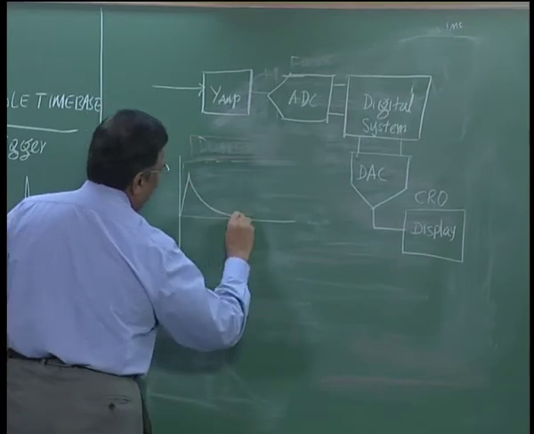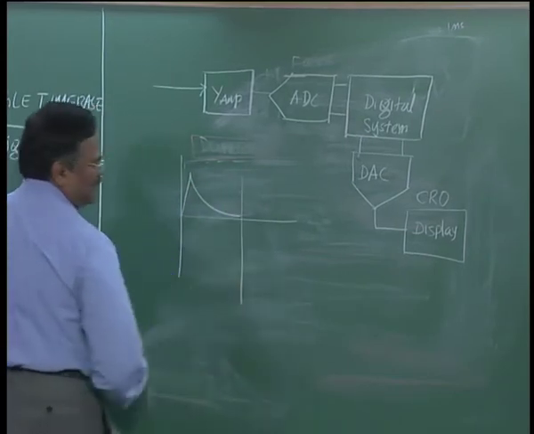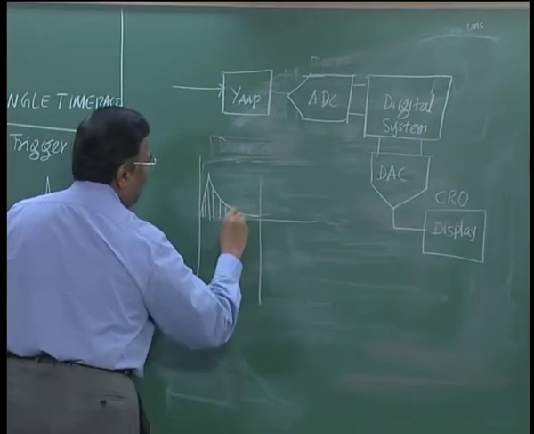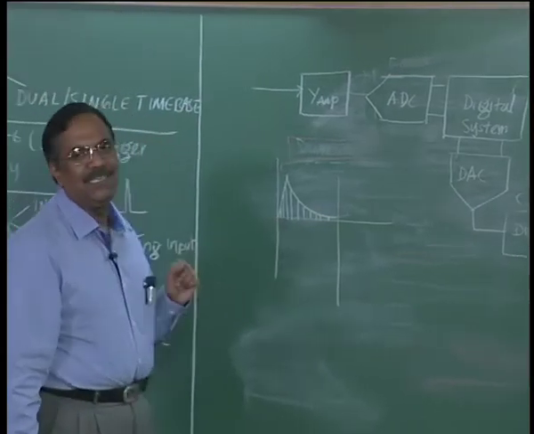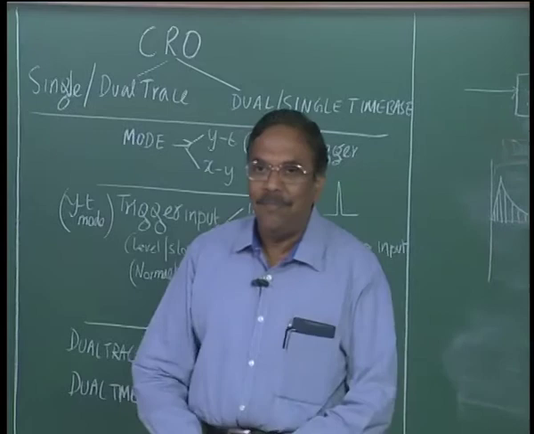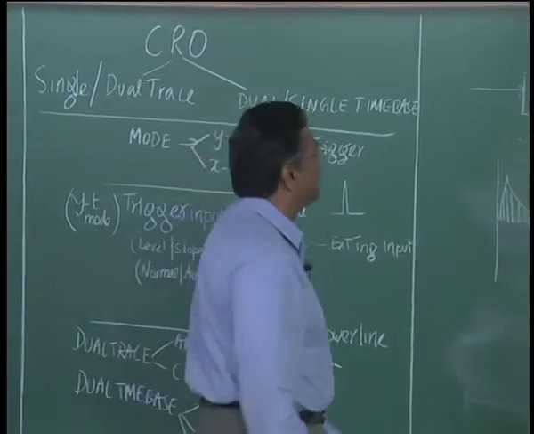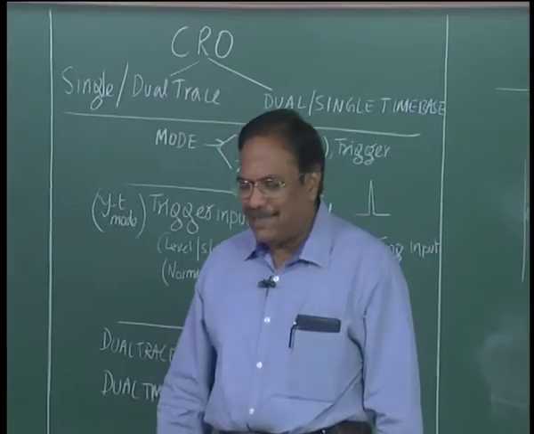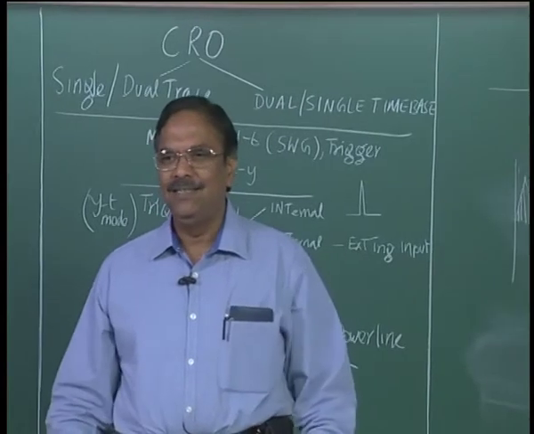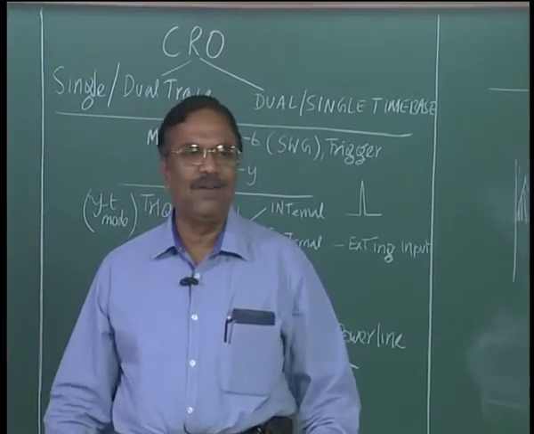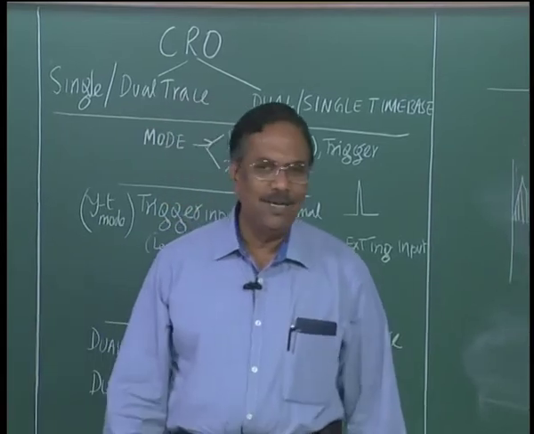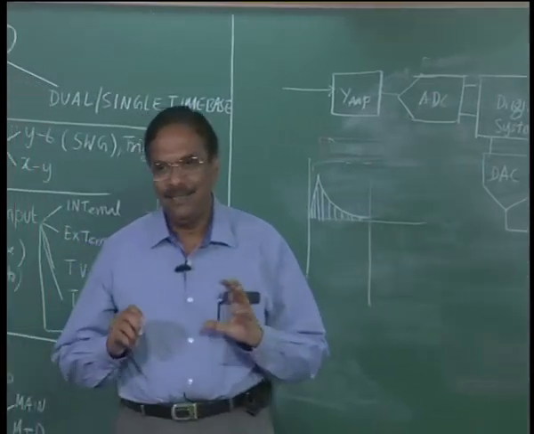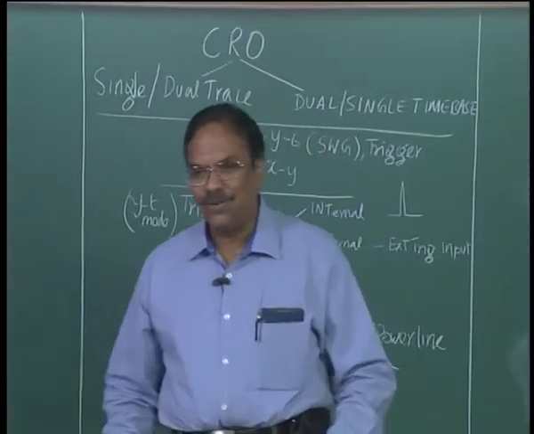So the advantage is that I have a signal, let us say this is my capacitance signal, that occurs only once. I take samples of these signals in my digital system. Now once I have digital samples, I can store them in the digital memory in my digital system, right. The digital system is somewhat akin to your personal computer, right. In the beginning, they started with a dedicated digital system using a particular CPU, memory, and so on. Today, most of the oscilloscope manufacturers will give you a conventional computer built inside the digital storage oscilloscope, right.